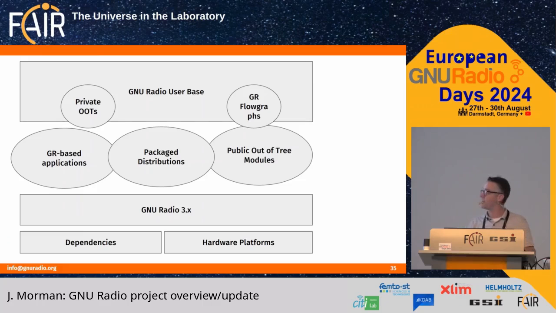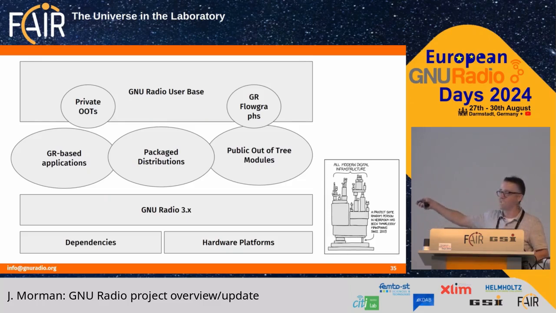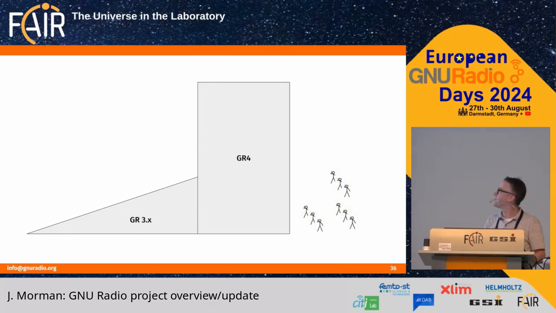The tough part here is that if you look at GNU Radio 3, there are a lot of people that depend on it. And again, it's an open source project, so we don't have entirely great introspection into everyone that's using it, but it's packaged in distributions. People have built applications on it. There are public out-of-tree modules, and then there's an entire user base that uses all of this. Not to this degree, but it starts to look like the classic XKCD, right? You pull out this one Jenga block, and the whole thing is going to fall apart. I look at it this way.